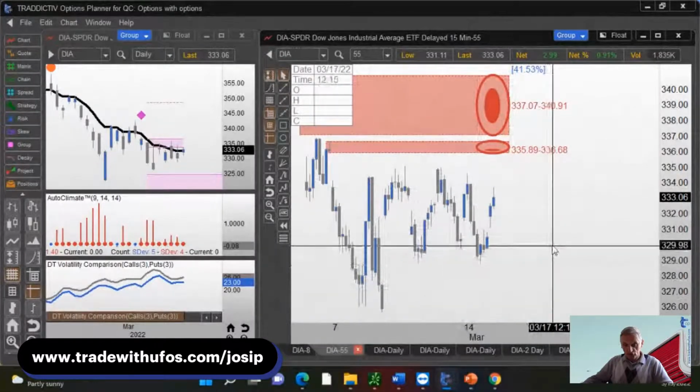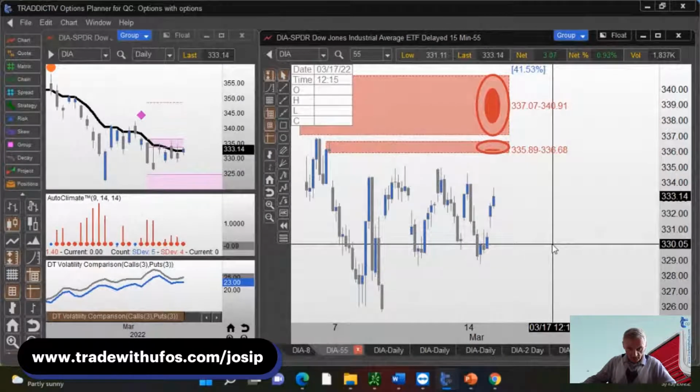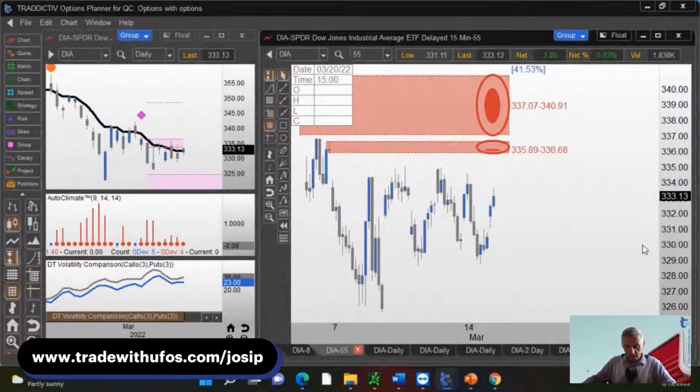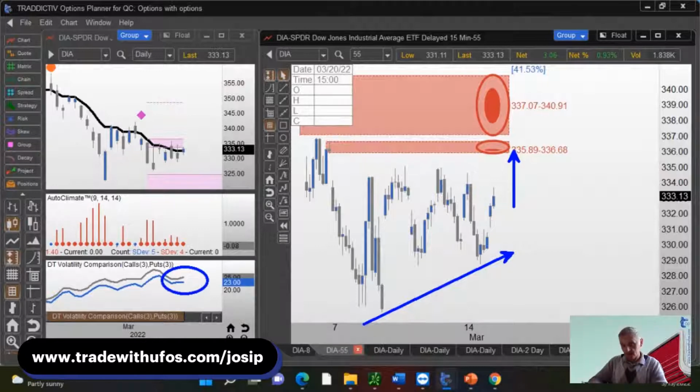If we continue going higher, on the diamonds, because as I pointed out to you, we are already creating higher lows, I would think that the first level of resistance will be somewhere in this area. But taking into account that the implied volatility is currently pretty high, should I be buying options or should I be selling options?